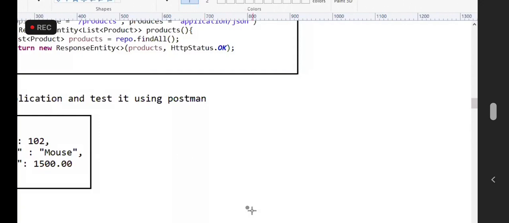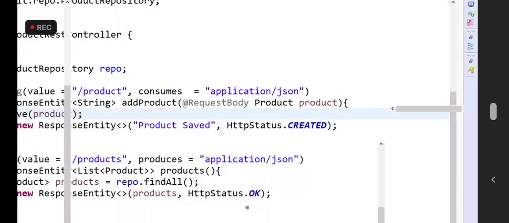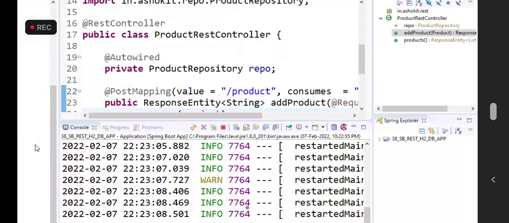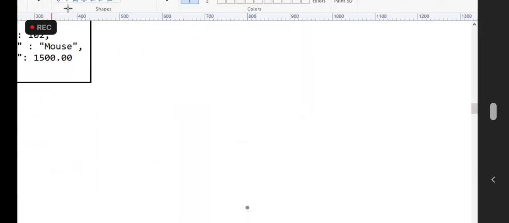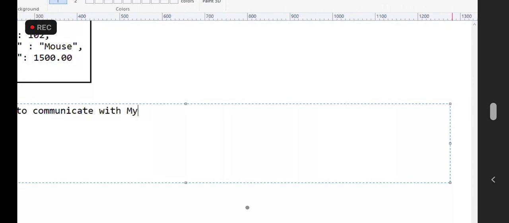Tomorrow, sir, I want to communicate with the MySQL database. Then can you tell me what changes I need to make to communicate with the MySQL database? Same application, if you want to communicate with the MySQL database. People are asking, sir, please explain MySQL. Common sense you need to have. If we want to communicate with the MySQL DB in the above application,